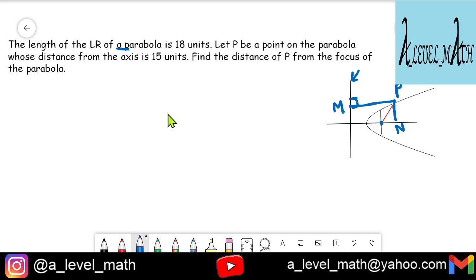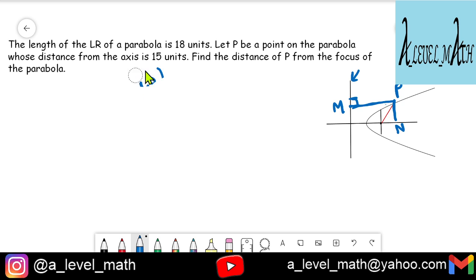Now one thing is for sure, whatever is the location of the parabola, one thing doesn't change. Remember that if we take the focus as (a, 0), what is a? A is the distance from the vertex to the focus, right? So this distance is actually a, and then this distance is my latus rectum. So one thing that doesn't change is that the length of the latus rectum is always 4 times the distance of the vertex from the focus. So this distance is a, and this distance is 4a, the total latus rectum. So this thing can never change. Distances never change, whatever the location of the parabola may be.